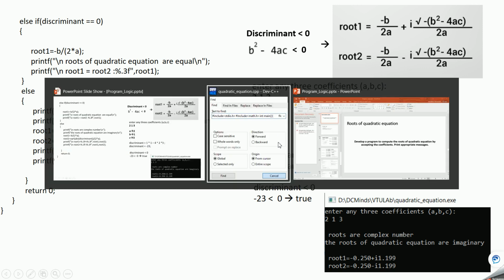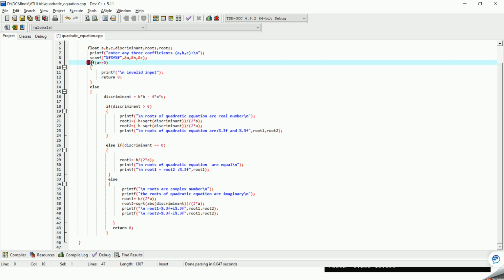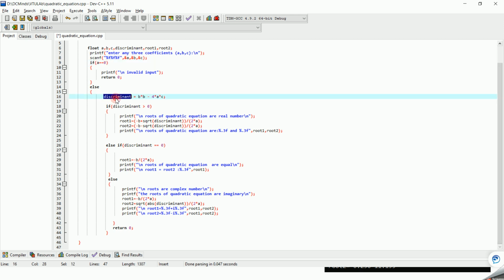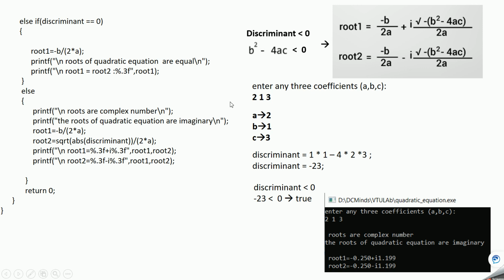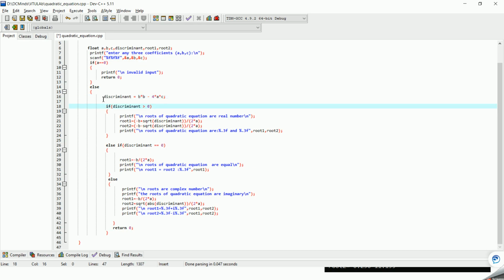So what will happen, again this condition will be checked, this line will be checked. Now in this case also a is not 0. Okay, so it will come inside this, and the value of this discriminant will be calculated. So what is happening here, we are calculating the discriminant value, and in this case it is becoming minus 23. Okay, so what will happen after this line of code, it will check this condition. So minus 23 here value is there now.